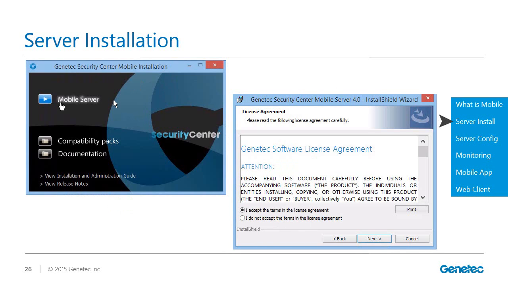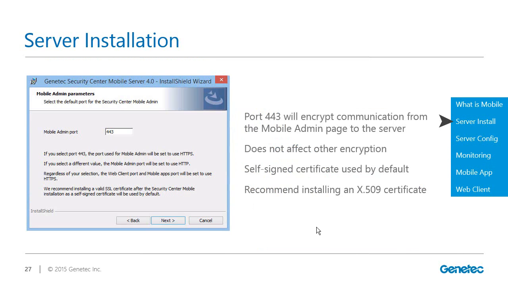Choose the mobile server option and just accept the license agreement, after reading it, of course. Now, we only have one configuration screen to deal with, and that concerns the mobile admin port. This is the port that we're going to use to connect to the configuration page of the Security Center